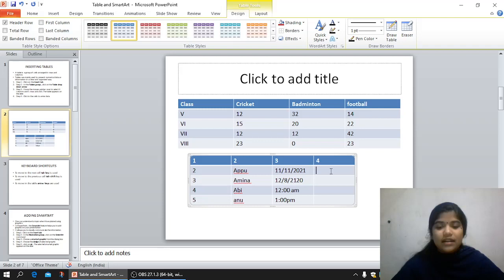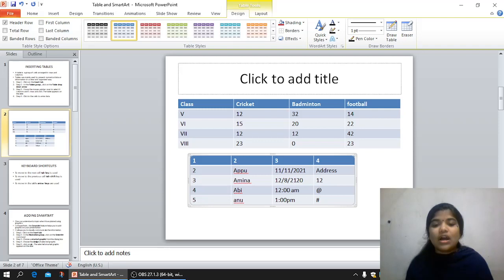If you need to enter any age, then you can enter that age also here. So we can enter any data inside this portion, and also we can use some kind of special symbols inside this portion. So these all are the things which we can enter inside our table.